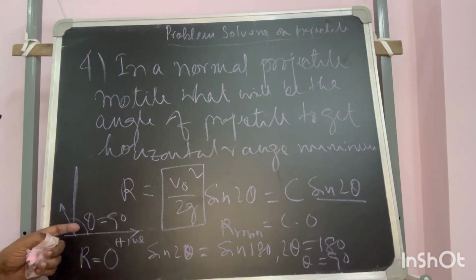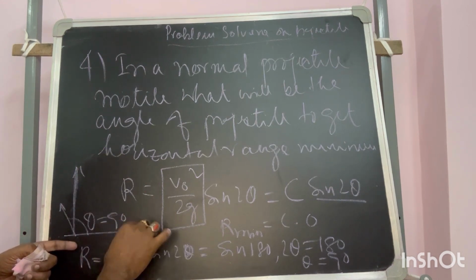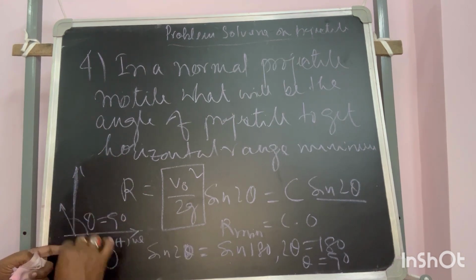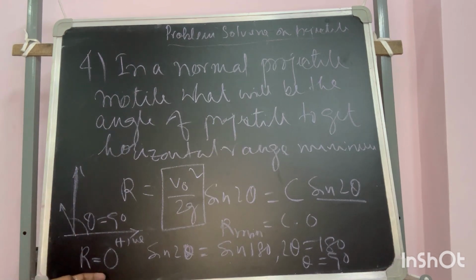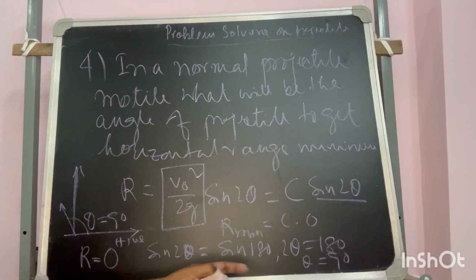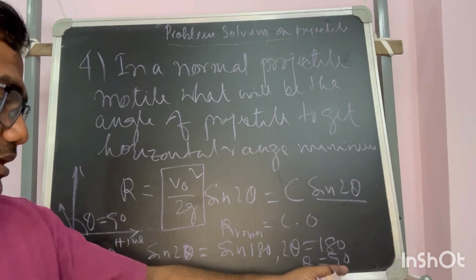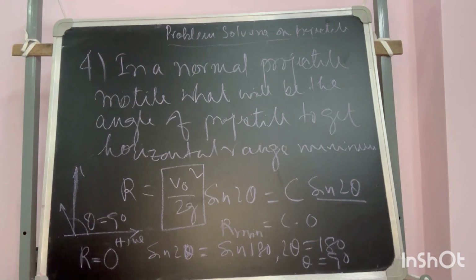But when I consider only the xy direction, not the negative, in that condition the minimum range possible is 0, and that is due to theta being equal to 90 degrees. Okay,